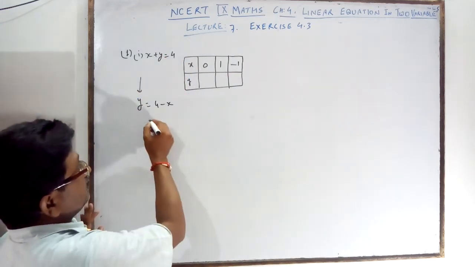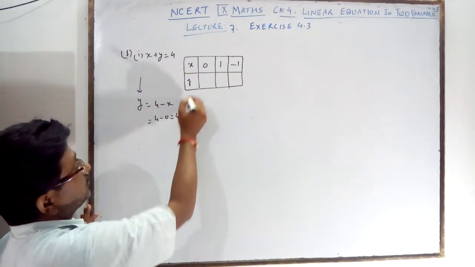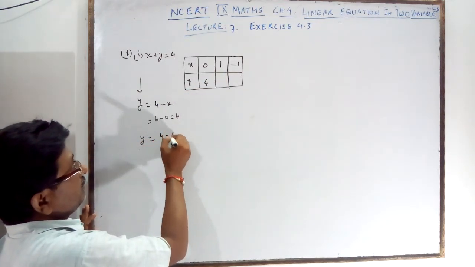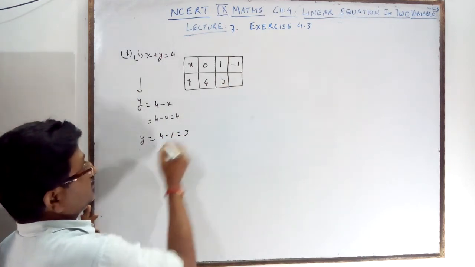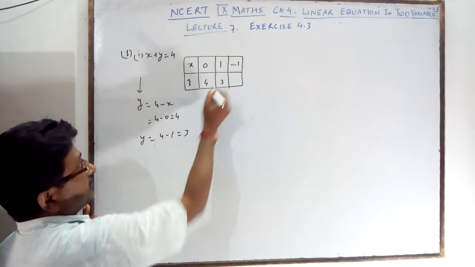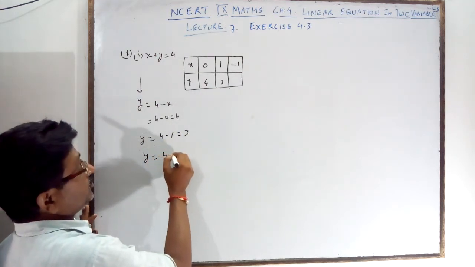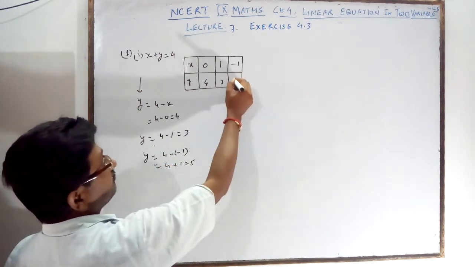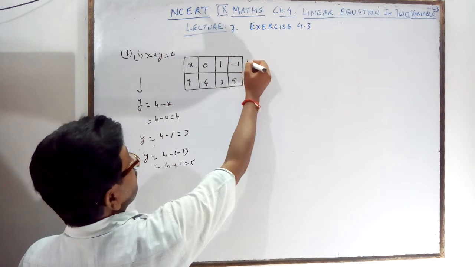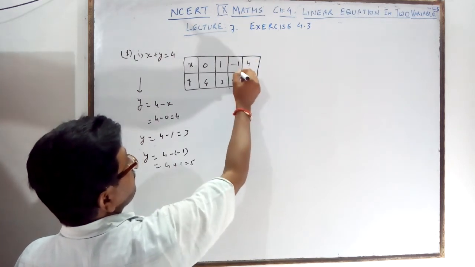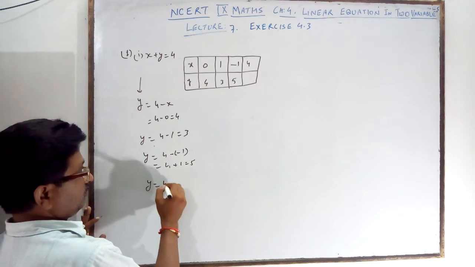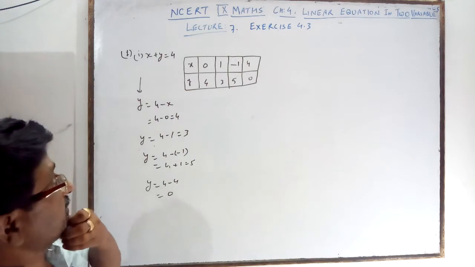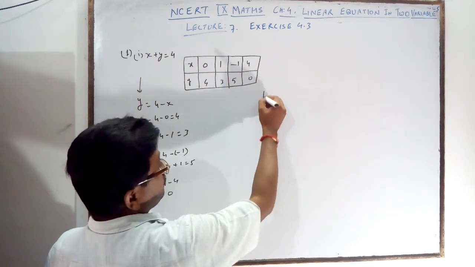For x = 0, y = 4 - 0 = 4. For x = 1, y = 4 - 1 = 3. For x = -1, y = 4 + 1 = 5. And if you take x = 4, then y = 4 - 4 = 0. So now plot the graph. You try to draw the graph